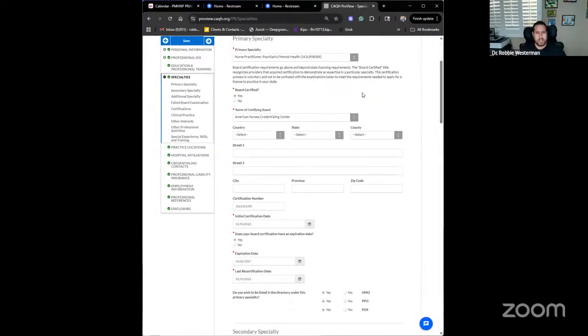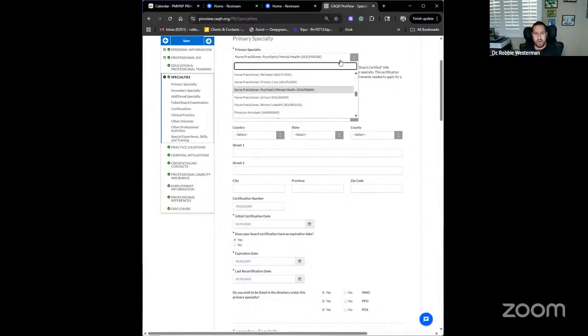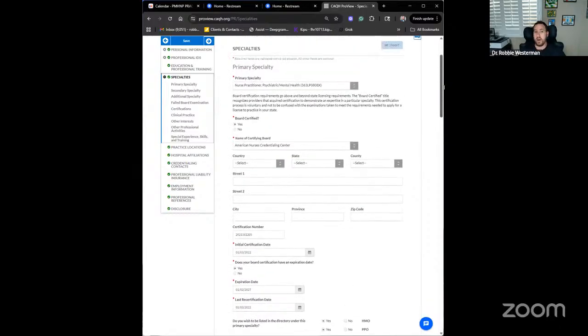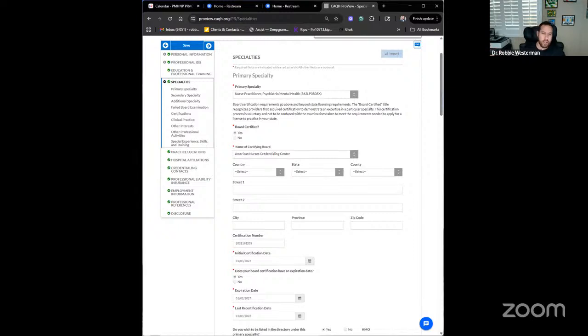Specialties. All right. So you want to make sure that you get this taxonomy right here because this is going to allow you to be able to provide psychotherapy. If you just keep a regular nurse practitioner in there, so not psych, when you go to bill a psychotherapy code, you're going to be like, why is my claim getting denied?